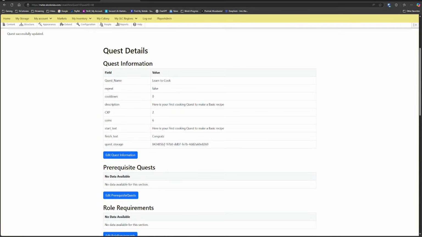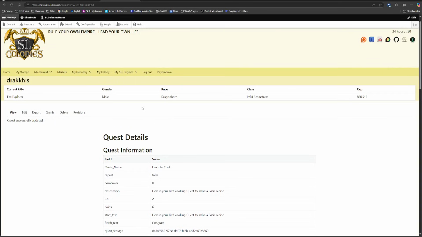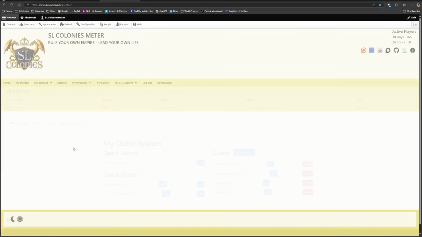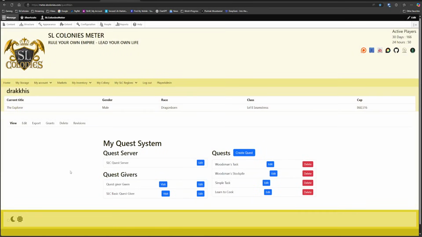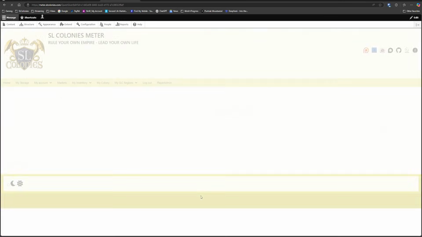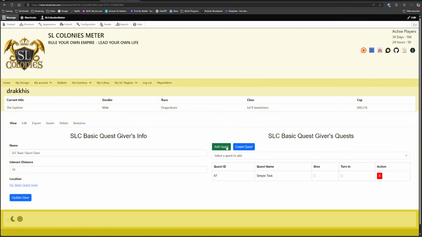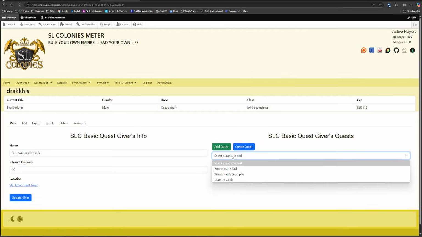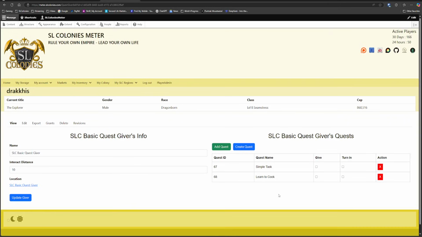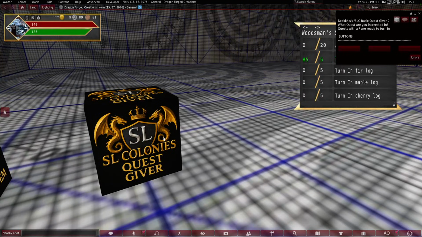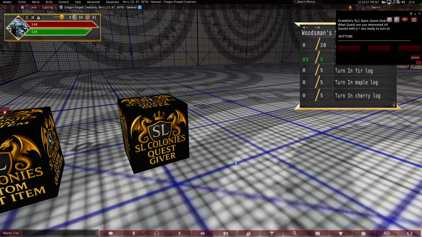So then we want to assign this to the quest giver. So we go here, My Quest System. And here you can see SLC Basic Quest Giver. We edit it, and we wanted to add quest, Learn to Cook. And there, Learn to Cook has been added to the Basic Quest Giver. So now if we come back here and we click on it,